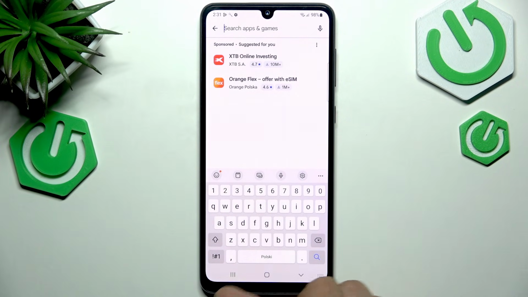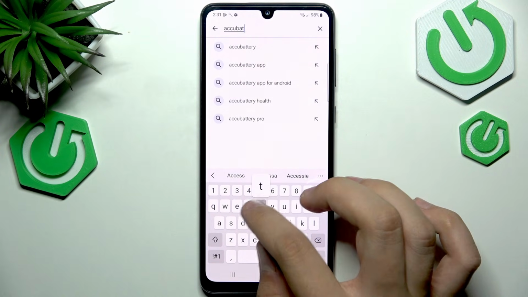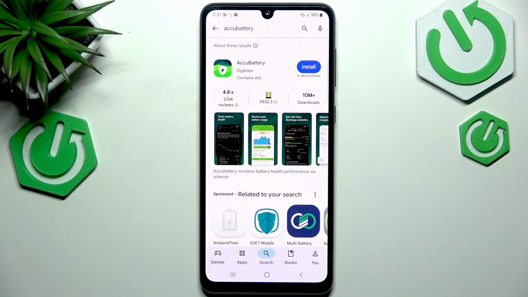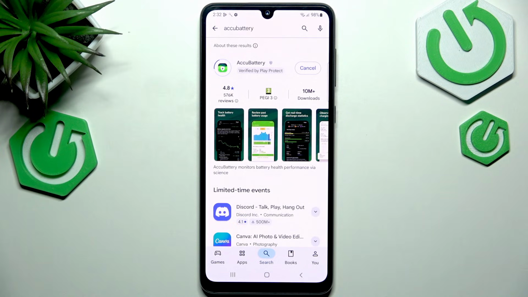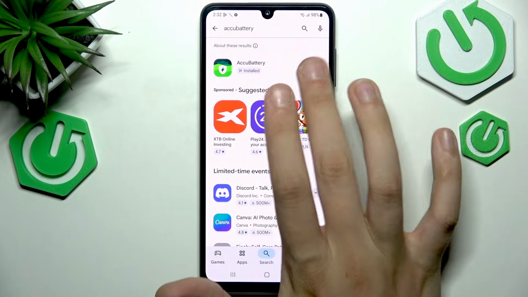In the search bar you need to search for AccuBattery, and it's actually really easy to manage all the things in the application because you need to just look for any red things. That's actually the clue of this whole application. Hit open,